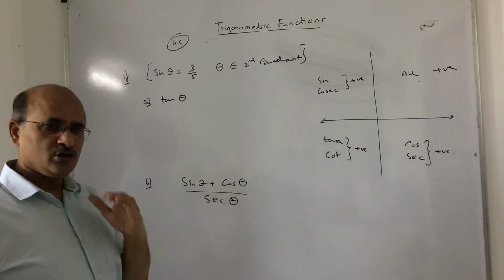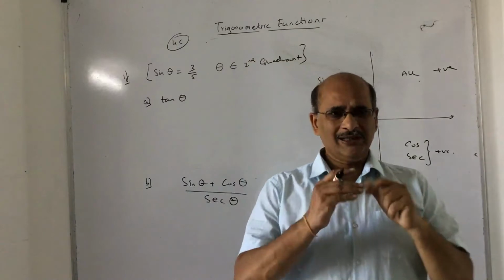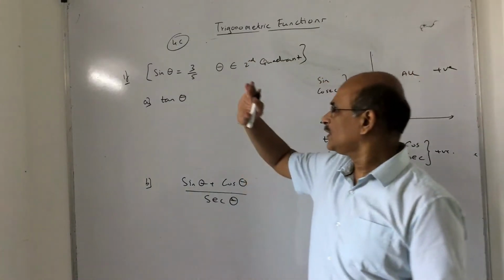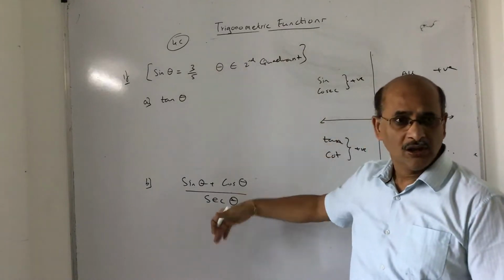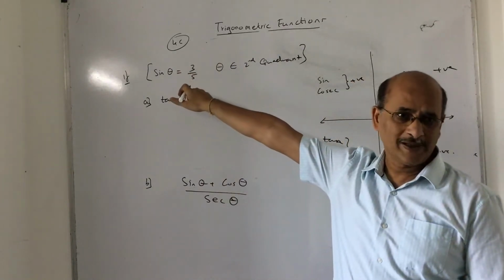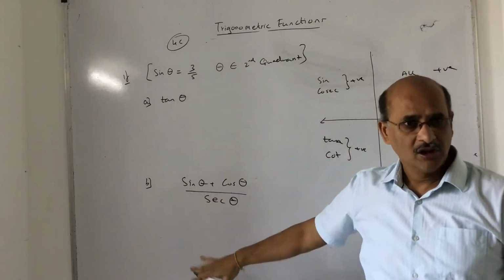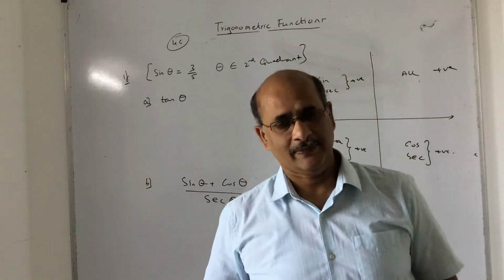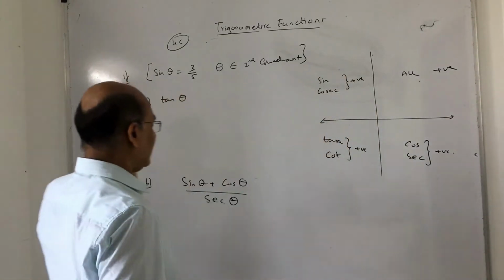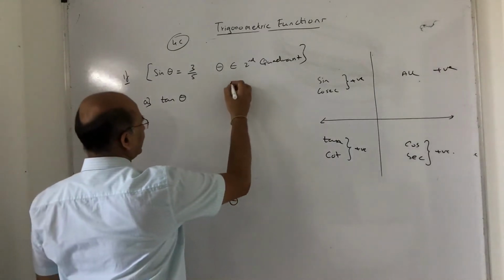Whatever it is, you have to keep in mind the right angle triangle concept. I basically tell the children, whenever it's a conditional sum, when they give you some value of a trigonometric function and ask you some values of other trigonometric expressions, you stick to a right angle triangle concept. Now what is this right angle triangle concept? Before we look at the question, I would suggest draw a right angle triangle.